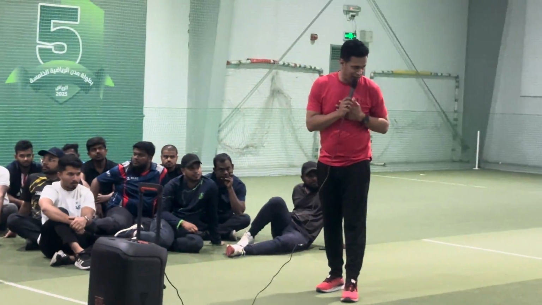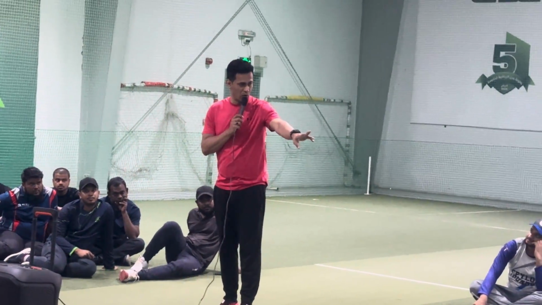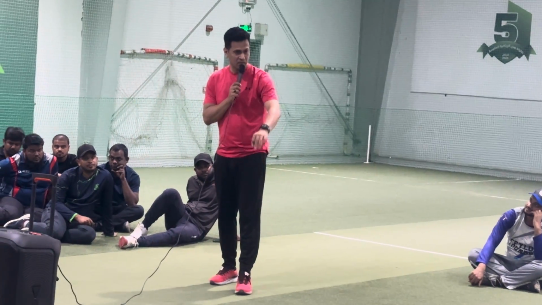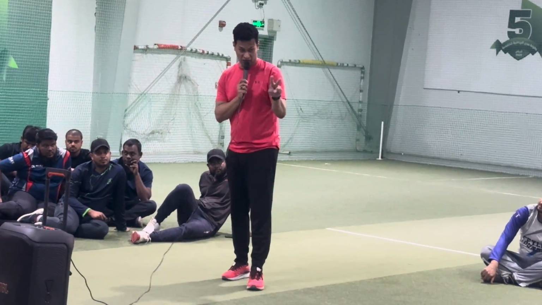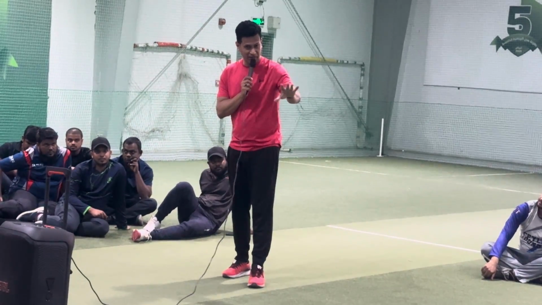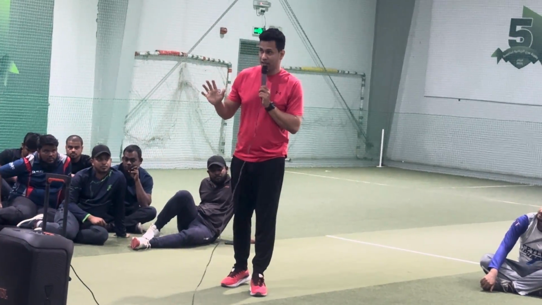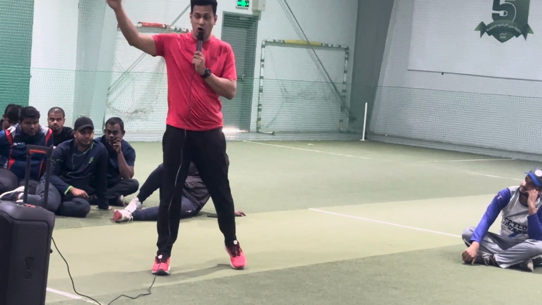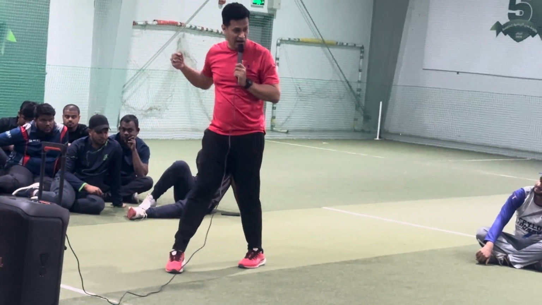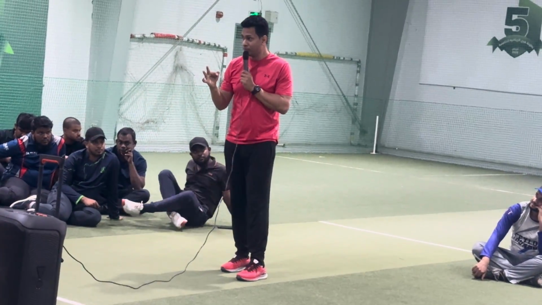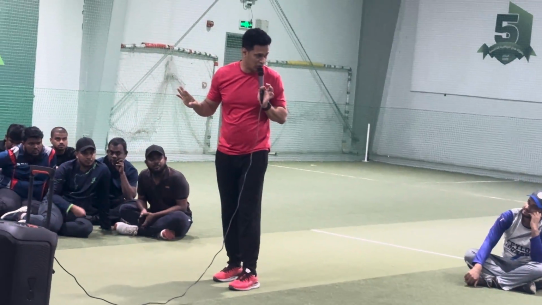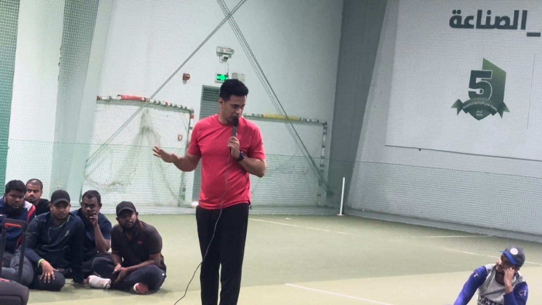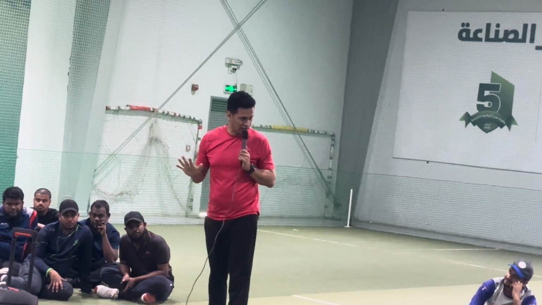Now, one more scenario. I am the first pair, playing the second over, and the 5th ball is a dot, the 6th ball is a dot. Second over of my batting, 5th and 6th ball are dots. Then the umpire will say over. The next batting pair comes in. 2 fresh batsmen will come in. Will the third ball count continue? No, it will not, because it is a fresh pair. Clear?